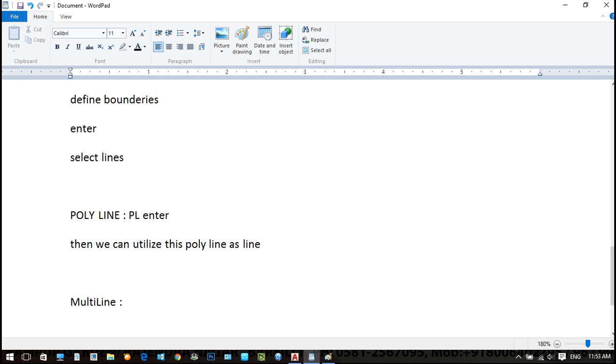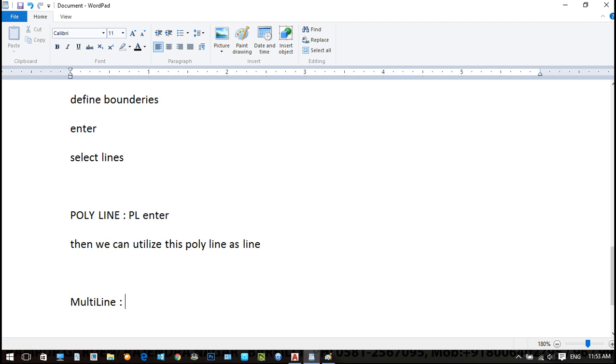More than two or more than one. In case of multi-line, the standard style is 2 lines by default. It will be set to 2, but if we want more, we can create more than 2 lines. At the time of starting, we utilize 2 lines only. Just like we are going to create lines, we want to create a wall. So we have to decide the distance between both the lines, whether it is a 0.23 wall or a 0.115 wall.